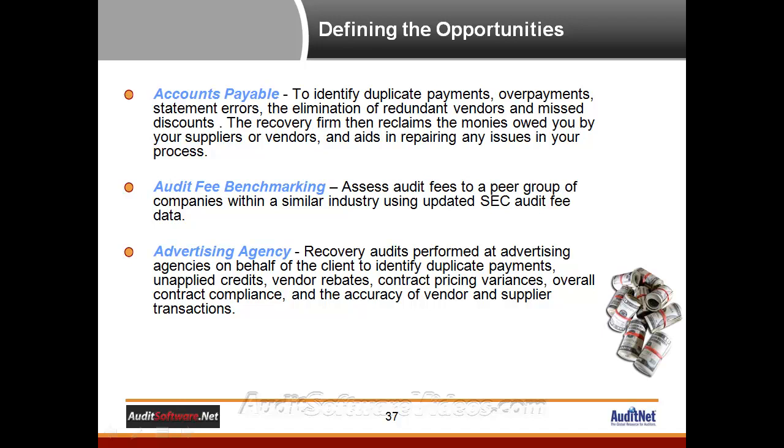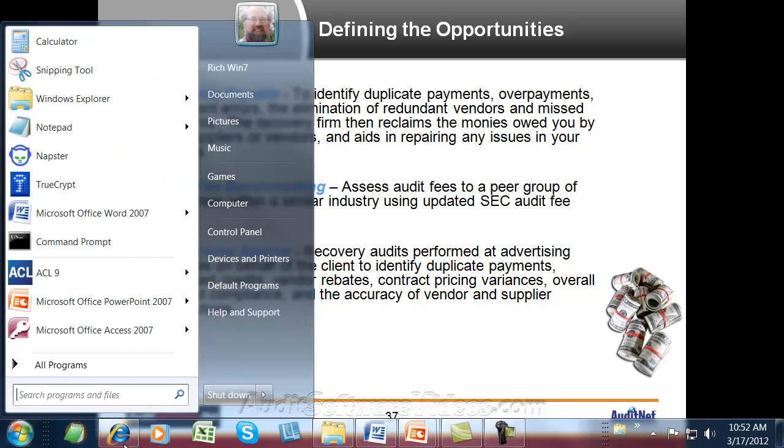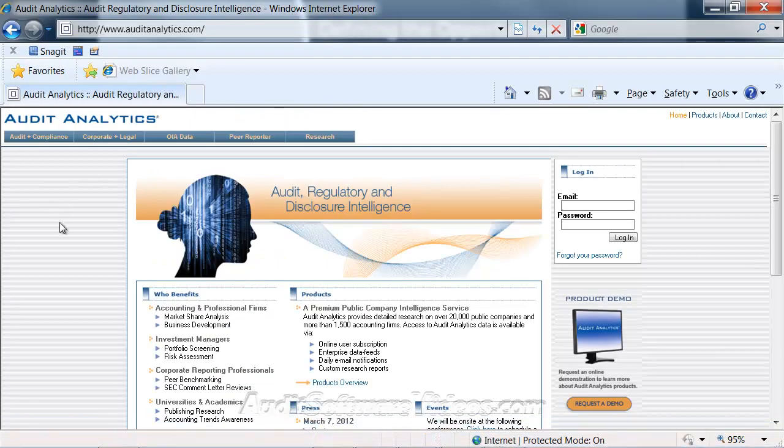So getting back to some of the contract audits, one of the first ones that you could do is audit fee benchmarking, where you're taking a look at audit fees that you're paying. And there is a company out there that has been tracking statistics around audit fees, has done so on 20,000